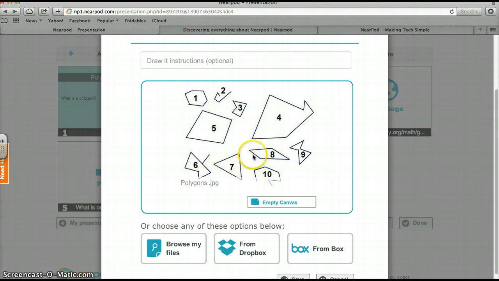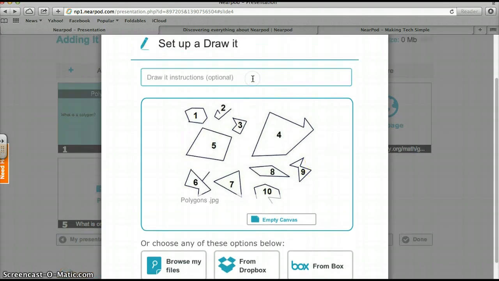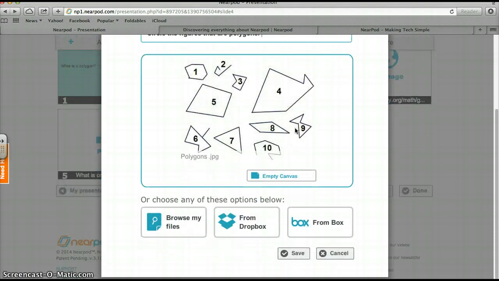And if you maybe decide you change your mind, you can click on the empty canvas, and that will provide them the blank screen as well, again as the first draw. But don't forget to include the instructions at the top. So mine would say circle the figures that are polygons. And so the students can then circle those that they know by definition of a polygon are a polygon, and